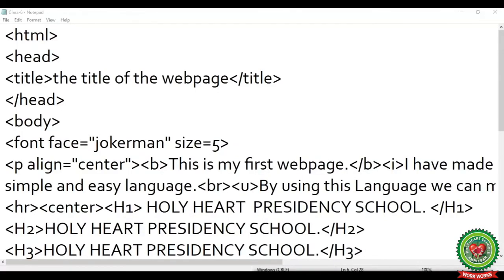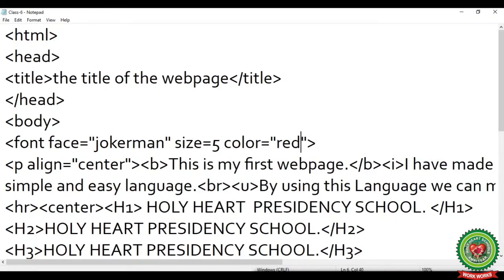Now open your notepad file. Here you will see, to change the color of the font, we will type color in the font tag. Now place your cursor in the font tag and give space. Now type color equals to, and within the double quotes you can give the name of the color. For example, I'm going to give here the name red.